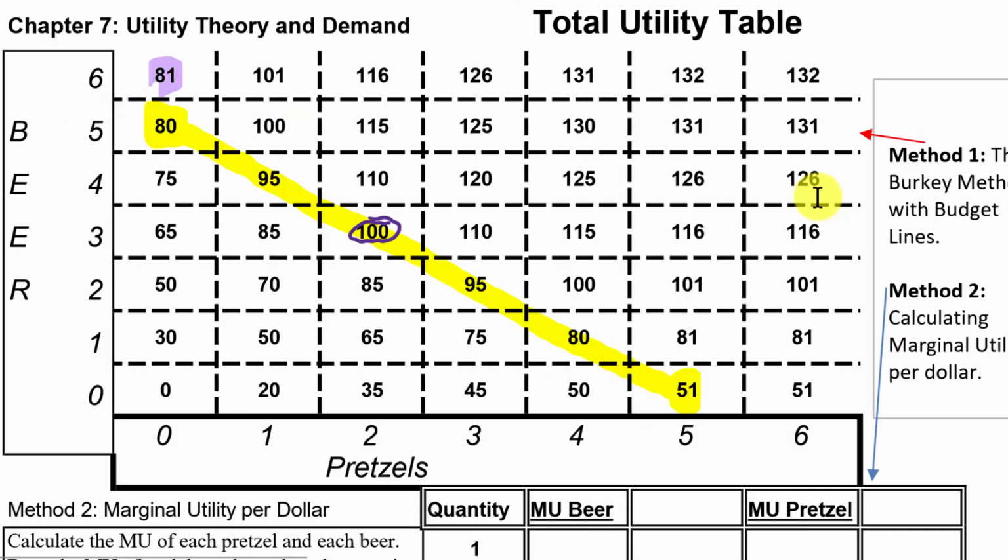Here's one extreme point, 0 pretzels and 6 beers. Here's another extreme point, 6 pretzels and 0 beers. And we'll connect all those possibilities in between. Notice how the budget line in both of these has a slope of -1. That's the opportunity cost. If you want another pretzel, you have to give up a beer, because they're the same price. So what would this person pick if they were to pick which combination of pretzels and beers is going to make them the happiest?